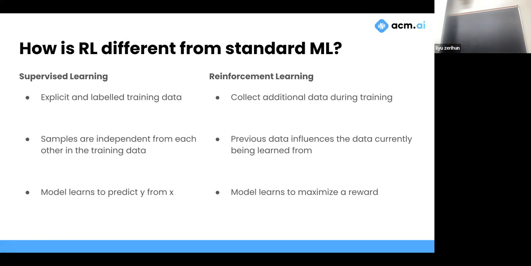Whereas in standard machine learning you have explicitly labeled training data, with reinforcement learning you collect data during training. As you keep driving, you get exposure to other situations, and when you learn, you take a situation in, then you respond to it. Another assumption with supervised learning is that each sample in your training data is distinct from every other sample, so you're not influencing how you learn based on things you've learned in the past.